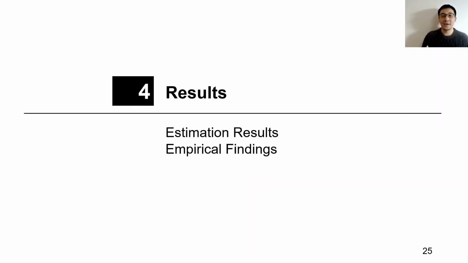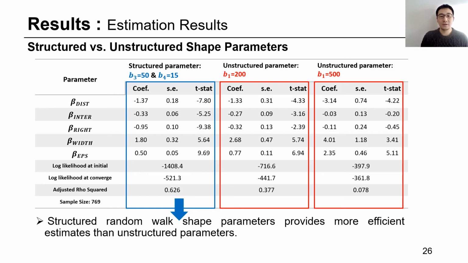I finally had the results after a lot of running of modeling programs. In this part, I will discuss both the modeling estimation and some empirical findings. The first comparison was between structured and unstructured shape parameters using exactly the same variables combination. We can see from the adjusted rho squared value, the structured random walk shape parameters had provided clearly better performance